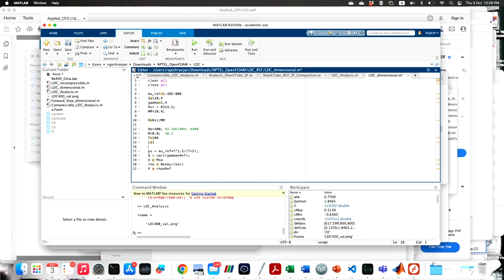We calculated mu using Sutherland's law. Now you get the speed of sound, and then we get the velocity, then density, and then the pressure. If you run it,